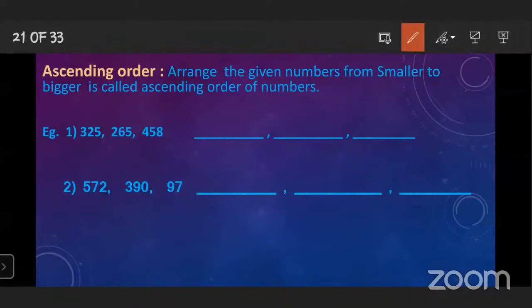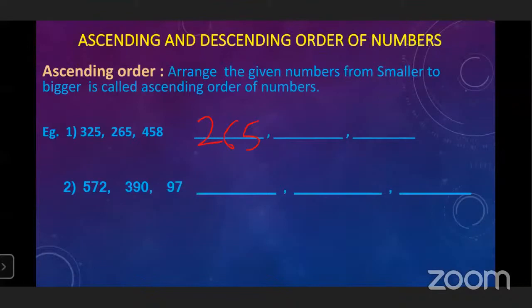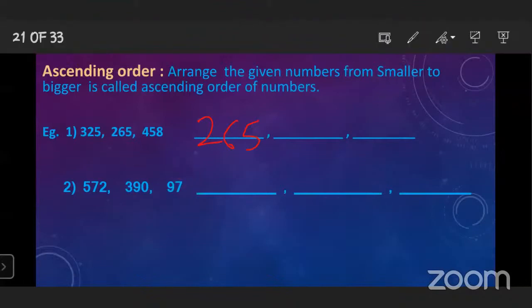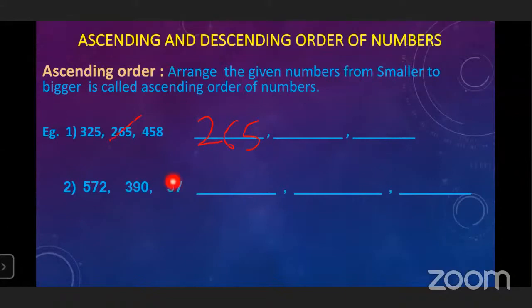That means we have to write 265 first. Okay. Now you can cut it for your better understanding. So 325, yes. After that, what do you have to do? This number we wrote here, 400. So don't think about that number now, because we found out that this number is written here. 325. Yes, very good. So after that, you have to compare these